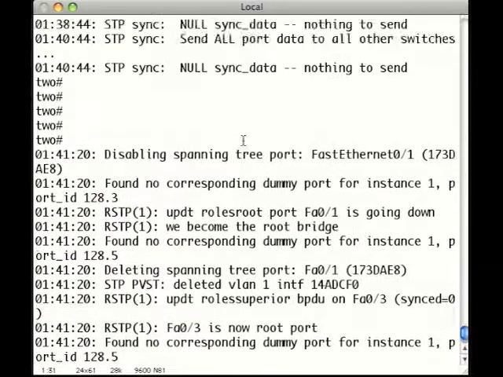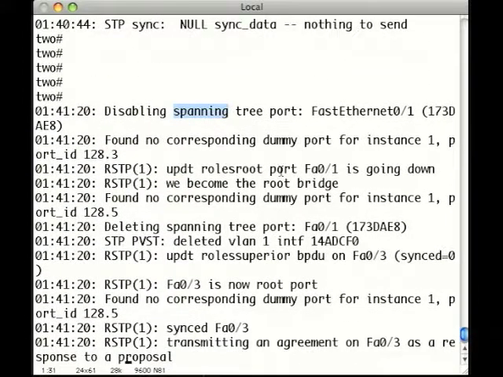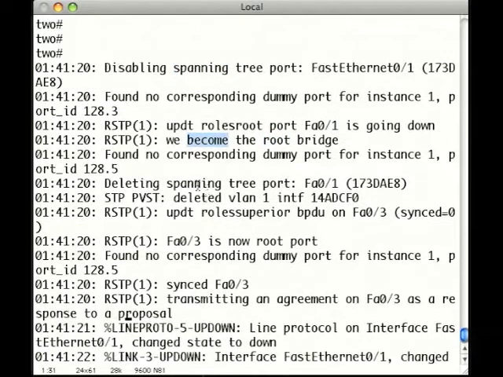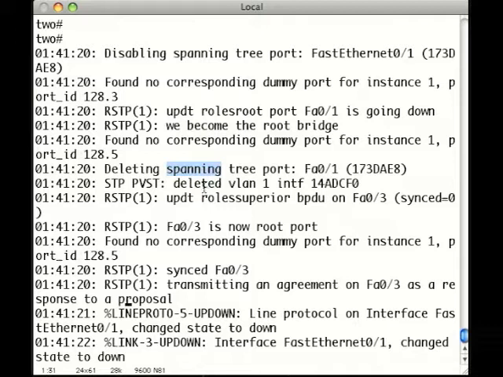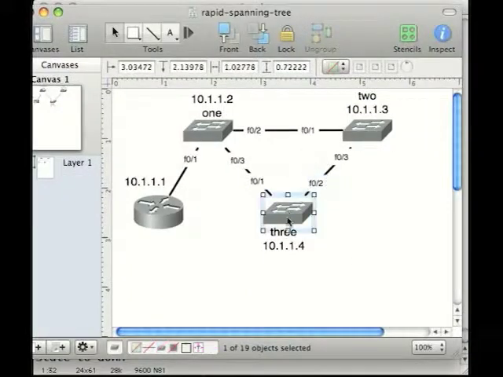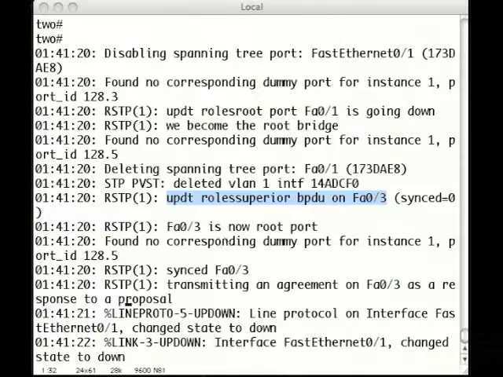What switch 2 did was more interesting. So the root port went down. It realized we want to become the root bridge. It deleted these because it lost its only root port, and then it realized it received a superior BPDU from switch 3, which is actually switch 3 sending out BPDUs saying that switch 1 is the root bridge, and with switch 1's priority, switch 2 recognizes that as superior. So Fast Ethernet 0/3 to switch 3 became the root port, and